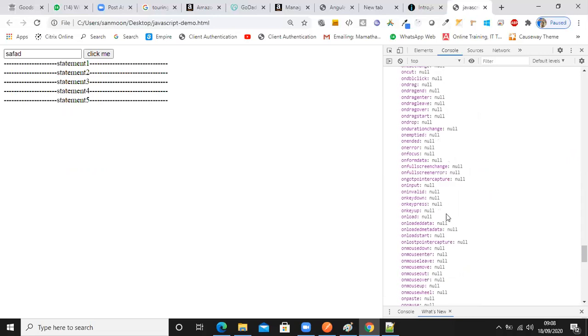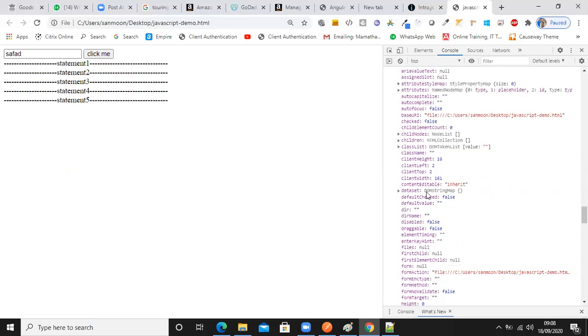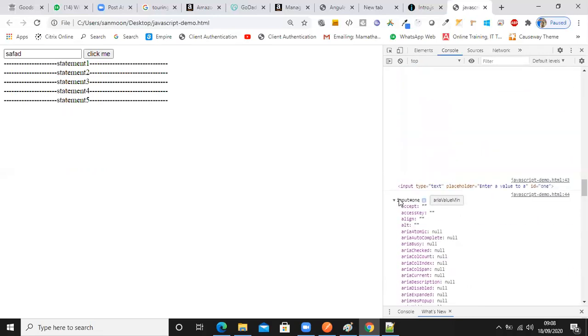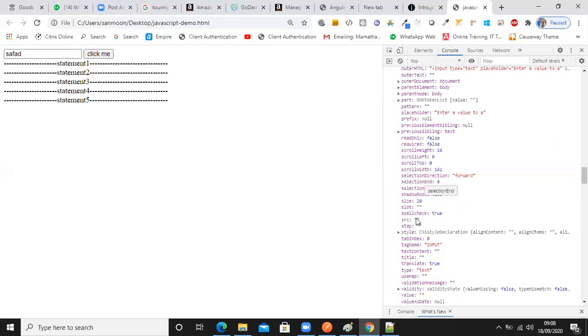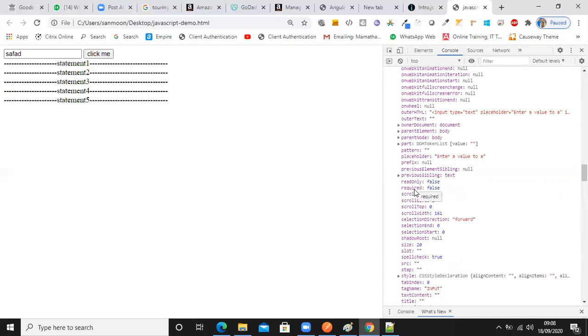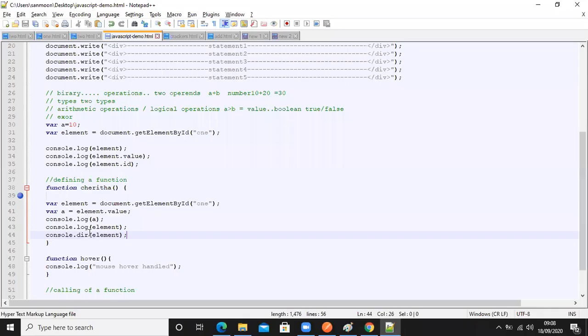So this is how you can read it and see what all is there. There are so many things, and one by one we'll be learning them. ID is also one of the parts of this. You can see that ID will be there. If it is not available in the object, then that will throw you undefined. For example, if you wanted to read any property from an object, all you need to do is put a dot operator.